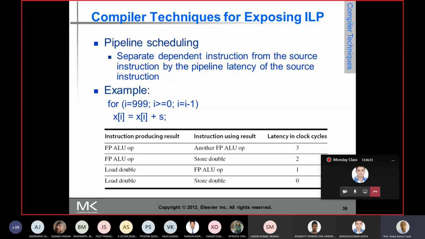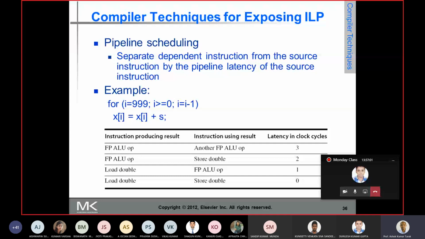Now, you can exploit more parallelism provided you keep the pipeline full. If the pipeline is full and there is no dependency between the instructions, then you can exploit more amount of the parallelism. So the parallelism among the instructions can be exploited by finding unrelated instructions.